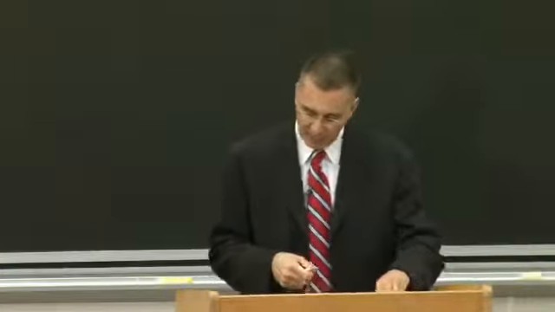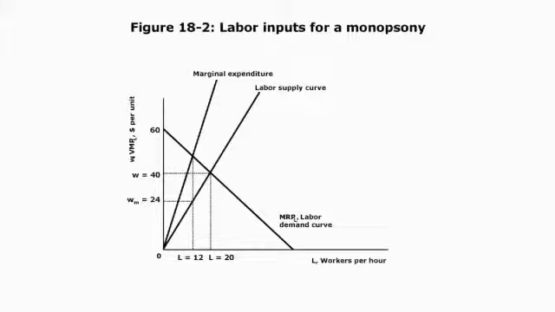And what they are is sort of a complicated flip of the monopoly case. Let's look at figure 18.2. Here's the example of a company town. Okay? Now, let's imagine a labor market where you've got some labor demand curve, the marginal revenue product of labor,